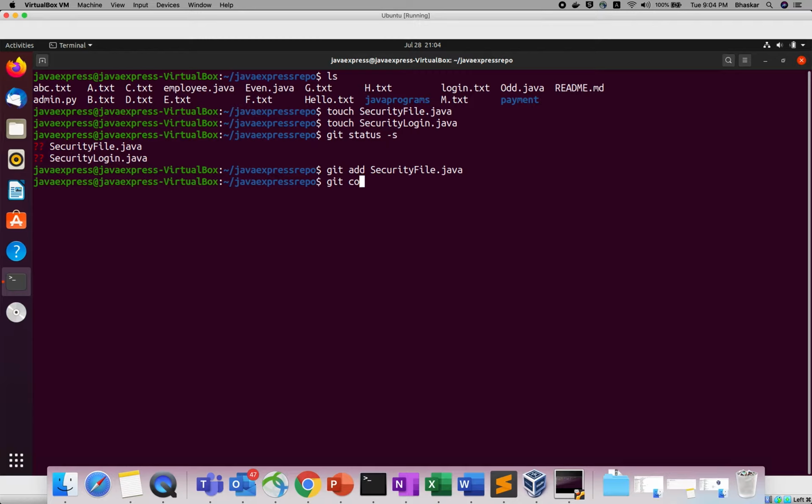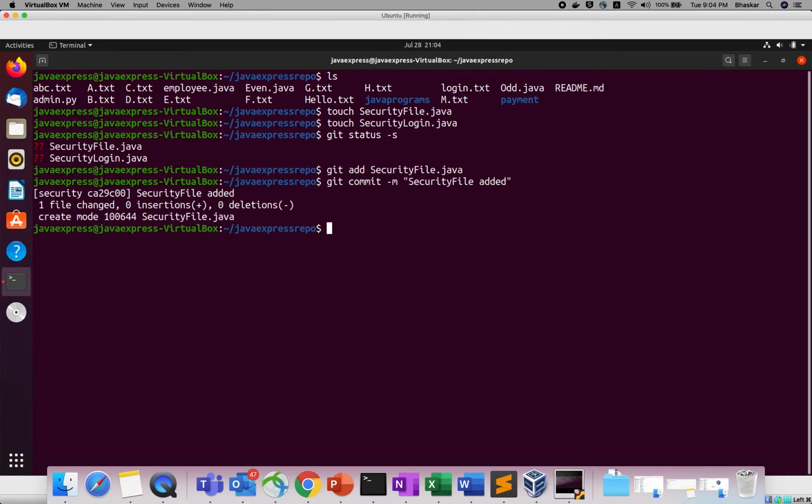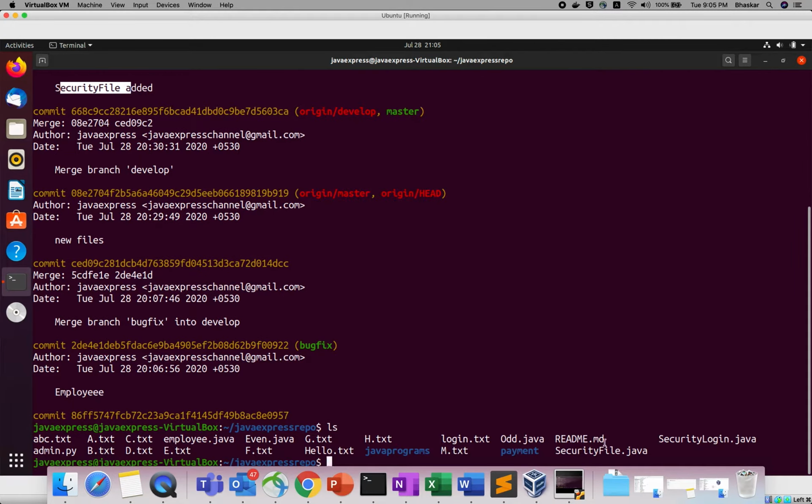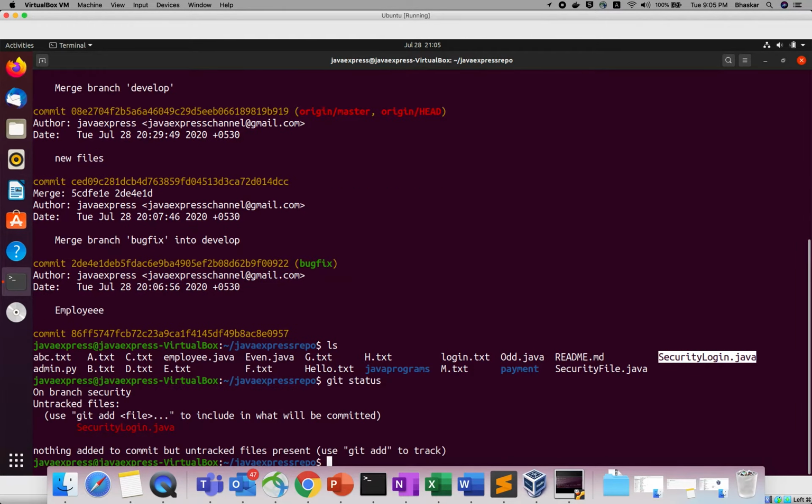So git commit -m, and I provide the message security file added. Now if you see the git log, this is develop, and now HEAD is pointing to security, so security file added. If you do the ls command, there is our security file dot java and security login dot java. If you use git status, we still didn't add security login.